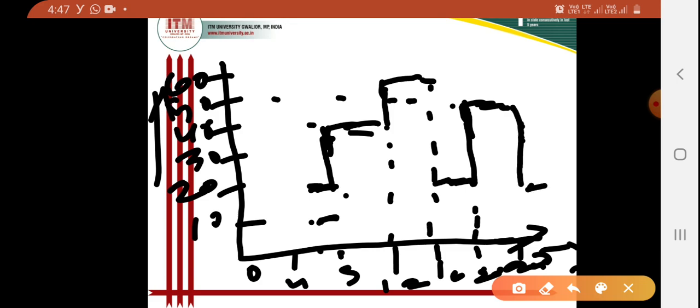So this will continue here, that is 24 means 0. So here it will be 24 to 6, that is 20 megawatt. So this is the plot